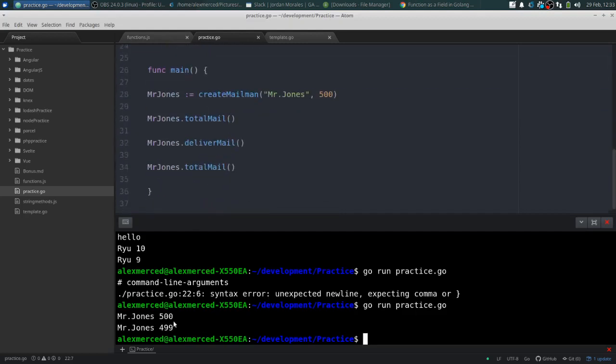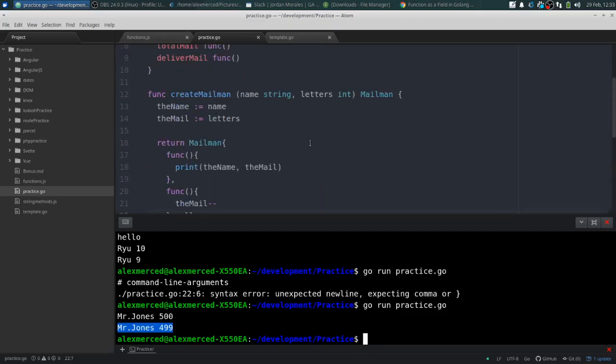So in that case, as you see here, Mr. Jones starts off with 500. He delivers a letter, and now he's 499. So he's still able to access those two variables, even though, again, that original create mailman function has been terminated. Okay, and I'm still able to access these two variables that should only be scoped inside that